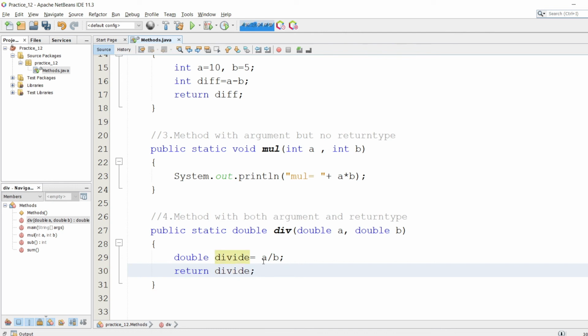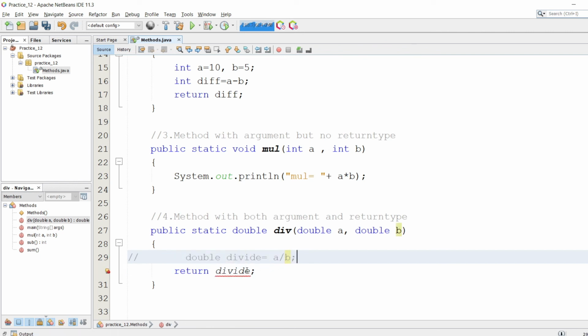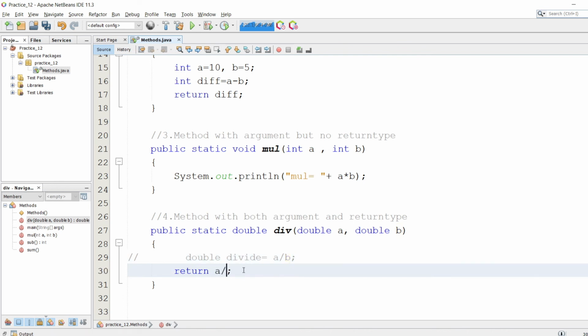Or you can directly return this value also. I'm going to comment this out, and here I'm going to give a by b directly. You don't need to store this value in a variable and then return it, you can also directly return the value.